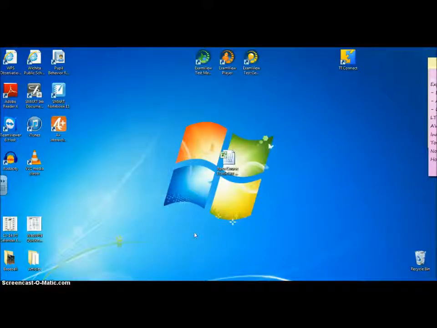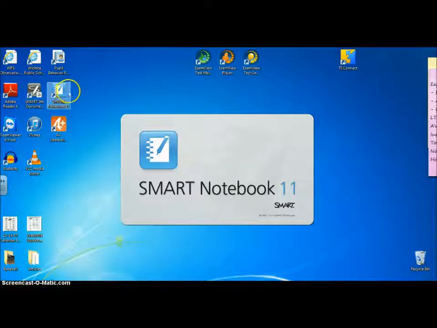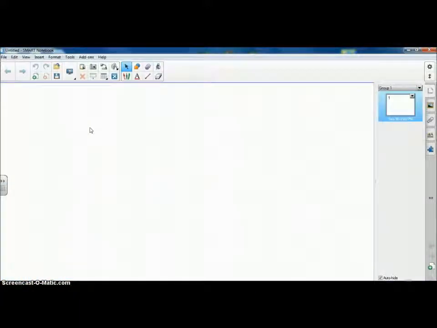To get started using your new smartboard, first thing we need to do is familiarize ourselves with the Smart Notebook 11, which is the software that we're going to use to create our documents to use with our smartboard. So I'm going to go to my icon and open it up, and it'll take just a minute to open. Now, this is a new document. I have three toolbars in Smart Notebook. I have the one across the top, I have the one on the right, and there's one behind the arrow